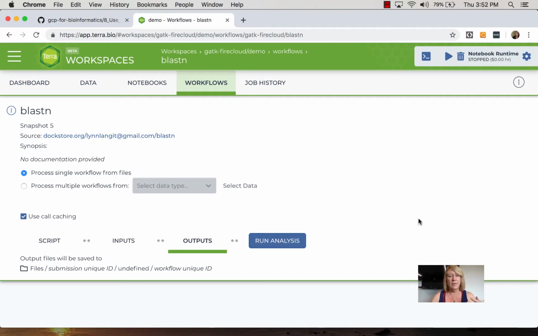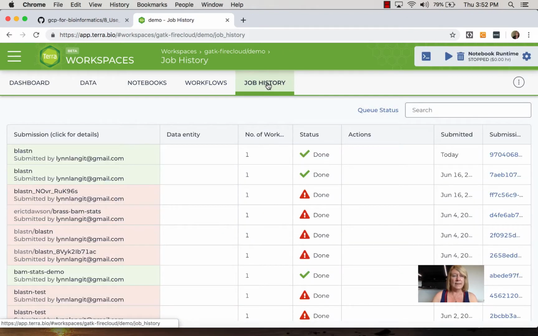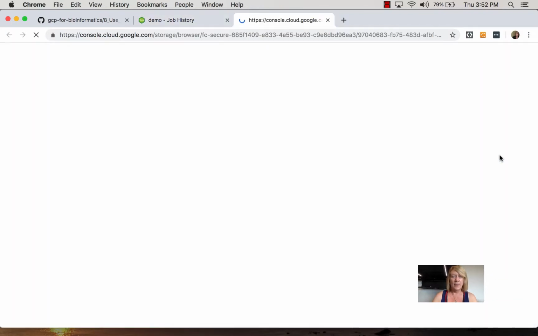Now this takes 5 to 10 minutes because you're going onto, in this case, the Broad Institute's group of Google Compute Engine instances, and so there's a queuing or a waiting process. So I went ahead and ran this, and it succeeded. And you can see here's blastn, it was run today. And if I click inside of here into the submission ID,